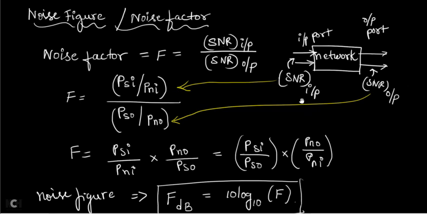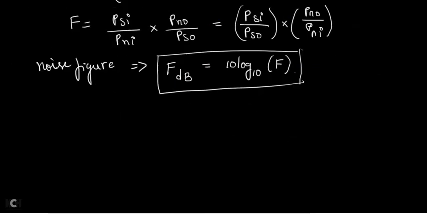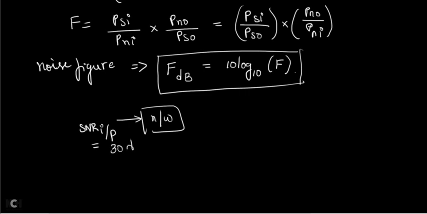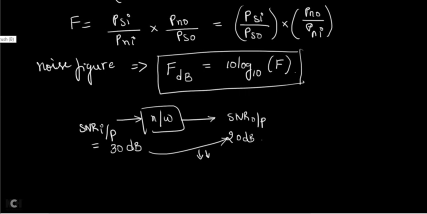That is the meaning. Assume, for example, I have a network or a circuit. The input SNR is equal to, I am going to take it as 30 dB. Now at the output of the network, if you measure the output SNR and get it as 20 dB, what has happened to SNR? The SNR has been decreased. Input SNR was 30 dB, output SNR is 20 dB, SNR is decreased. SNR decreasing means what? Noise is increased. That is the meaning, right? So if the SNR decreases, then that means that noise is increased.